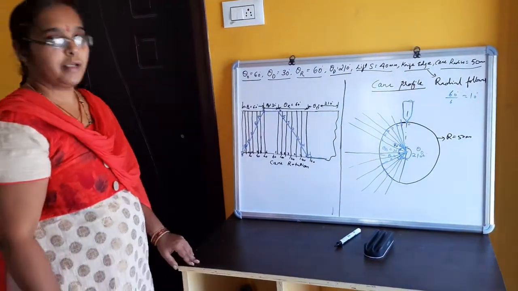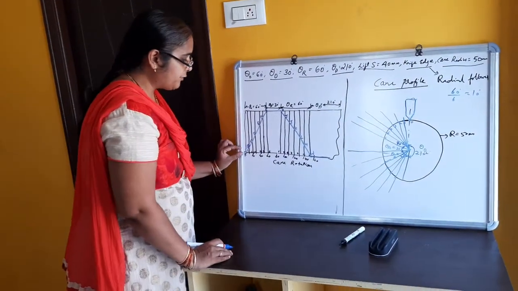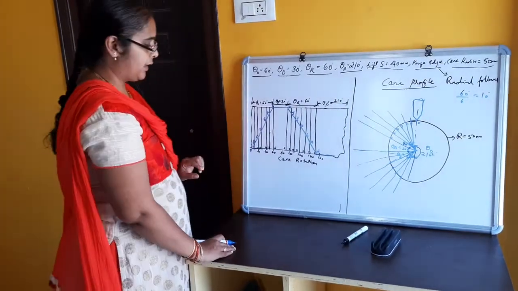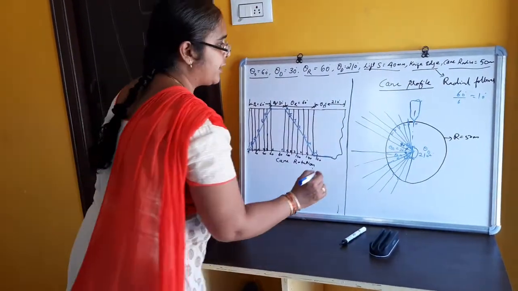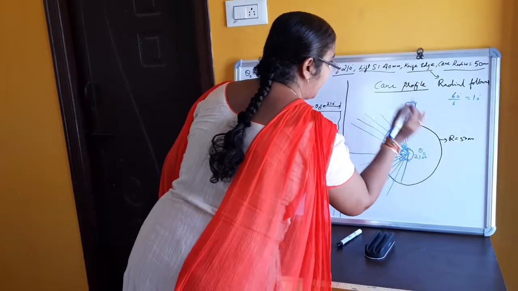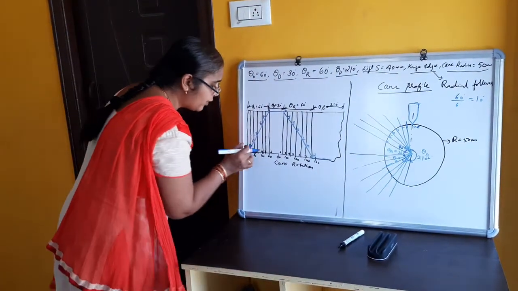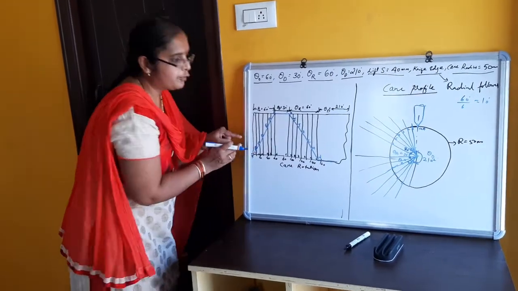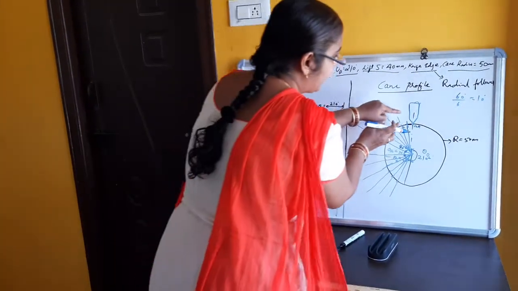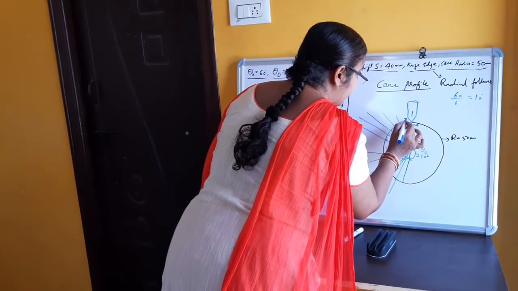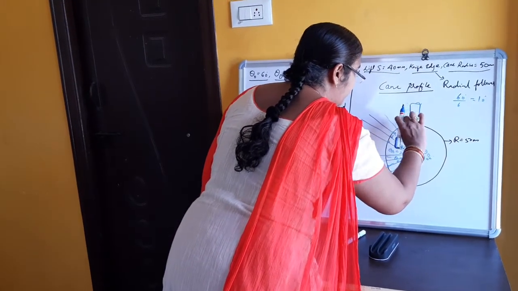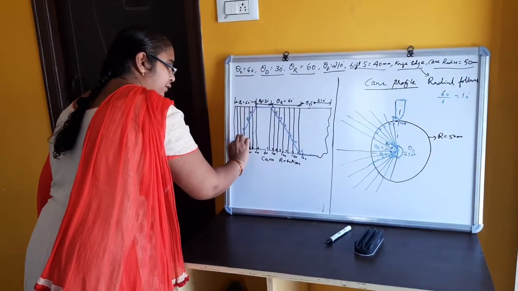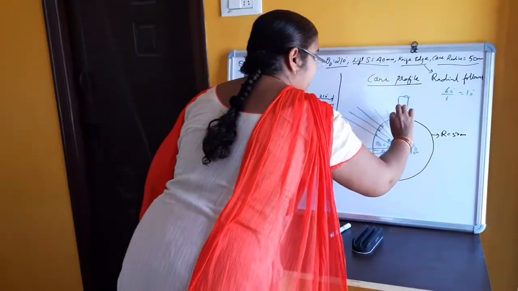Right. Now, let me transfer the distances we obtained from the displacement diagram into the cam profile. So 0 and A, they coincide here. I'll write it as 0, A. Fine. Now, you are supposed to measure the distance from 1 to B in the displacement diagram and transfer them into the cam profile. Let it be B, 1 to B. You are supposed to measure 1 to B like this with your compass and then transfer the same distance with